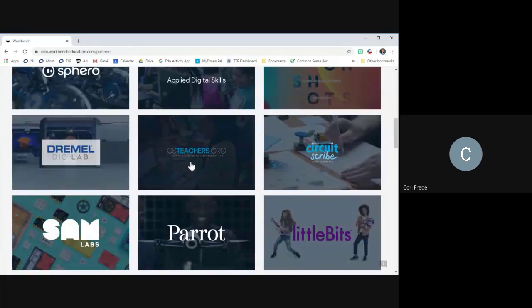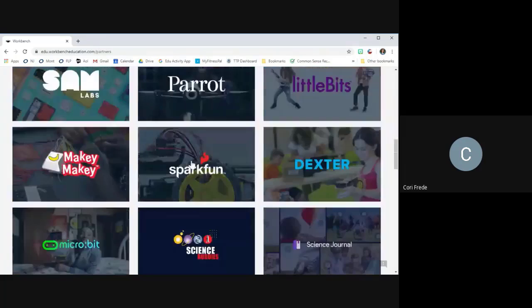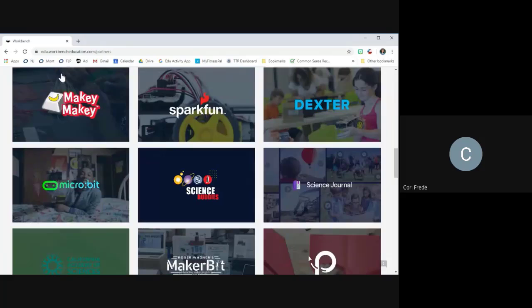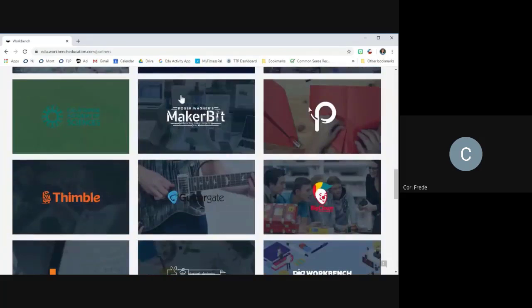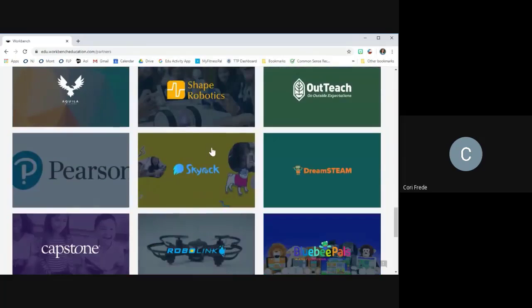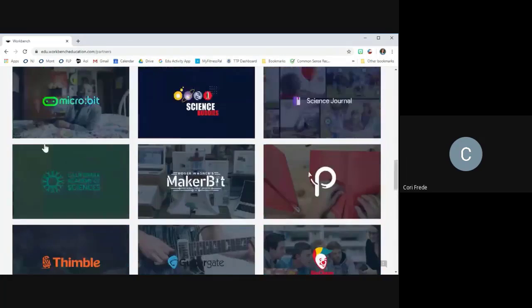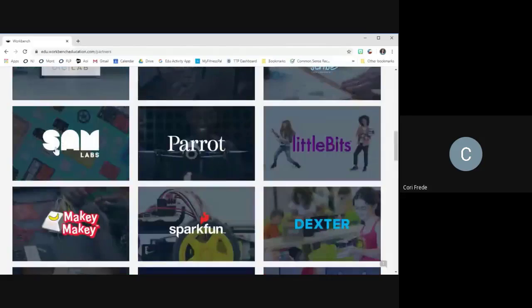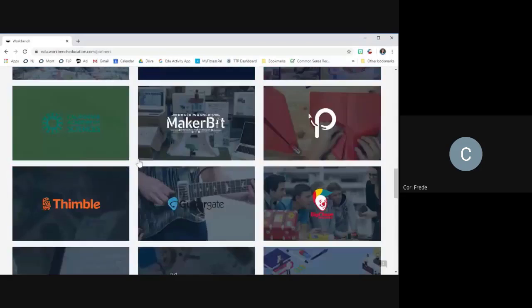Again, CS Teacher is the computer science organization. We also have Makey, MicroBit. There's all different things, and they're growing this all the time. All of these companies. So if you go back again, like Makey, SamLabs, Dremel, scroll down a little bit, you're